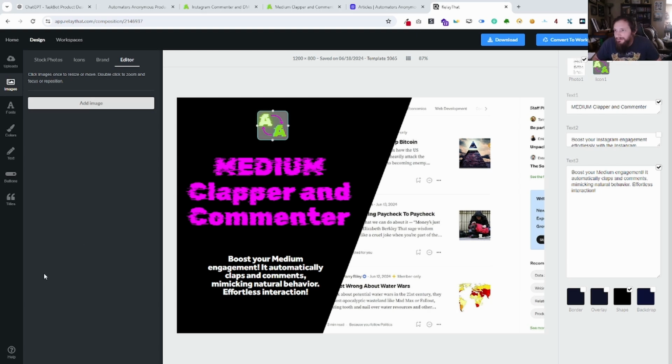I use RelayThat. This is what I use for my images, and it's pretty simple to just pop some information in here, and I pulled an image from Medium. So what's happening in this new taskbot that I'm adding is it's a Medium clapper and commenter. Essentially, it goes into your feed, goes to different articles, gets the information like the name of the person, the title, subtitle, first paragraph, and then throws it in ChatGPT, gets a decent comment, and then does their little clap thing,